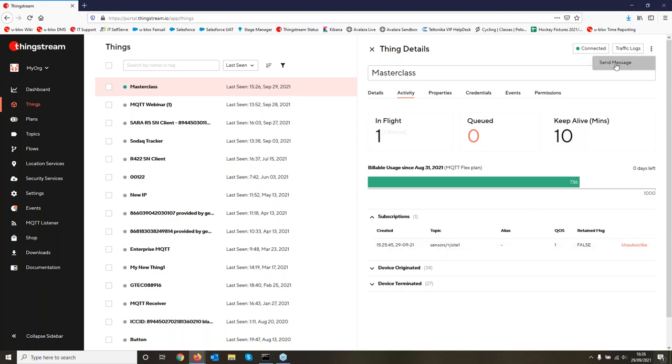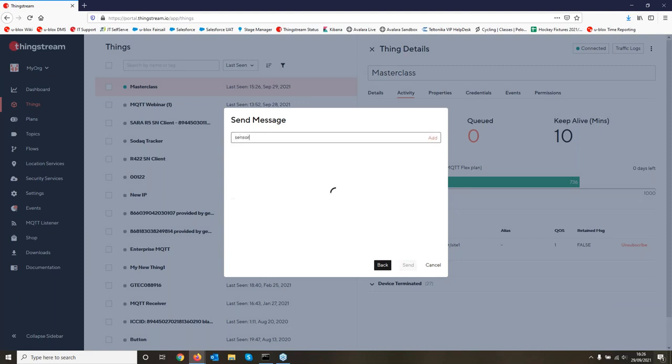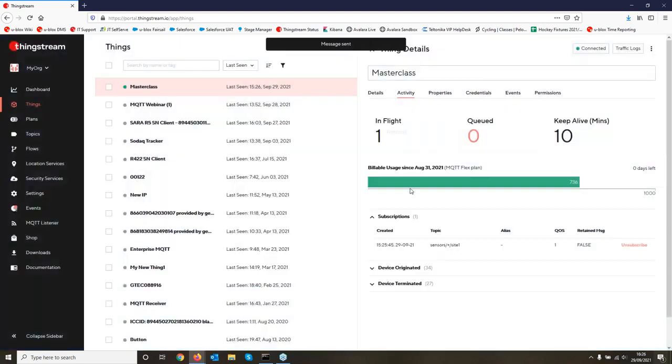So that was that message that was sent to the temperature value in that wildcard. Similarly, in here, I can send a message, and I can change that to sensors/light/site1. Send another hello world message to there, and we'll see that that message will now come in and get queued for my client in here as well.